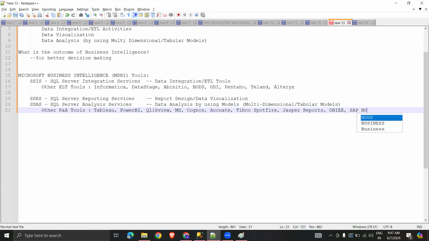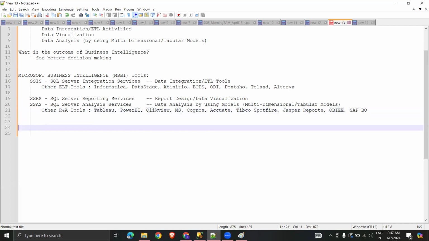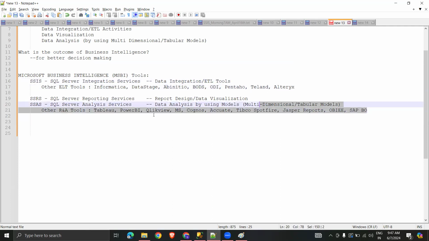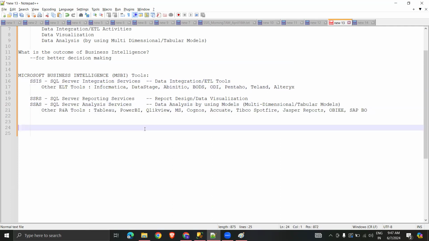So I'm expecting a question from you guys now. Why did we list the other tools here along with MSBI? Sir, even though we have this many tools available in the market, why should I learn and set my roadmap towards business intelligence? Simply, why MSBI? That's my question. You got my point, sir?